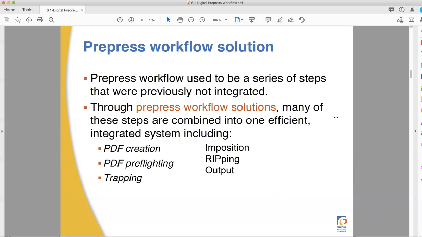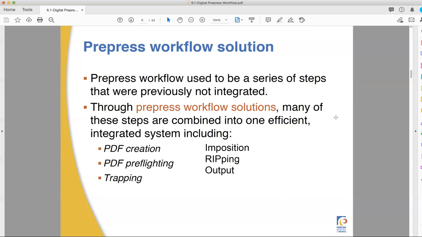You do your design. Actually, even the design is still integrated now too. You can do the design and the imposition and a lot of this stuff all on the same computer, all in the Adobe suite. Sorry, I'm old. Cloud, all in the Adobe Cloud. They don't call it the suite anymore. That ended with CS6. Now we're into the Creative Cloud. Anyways,